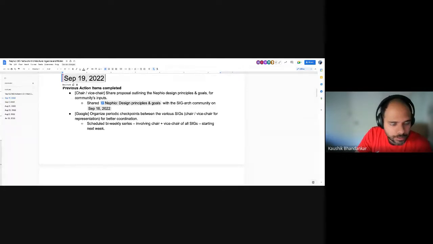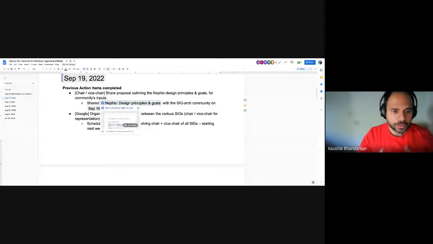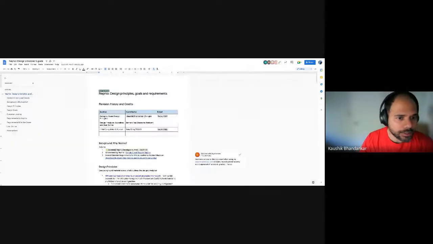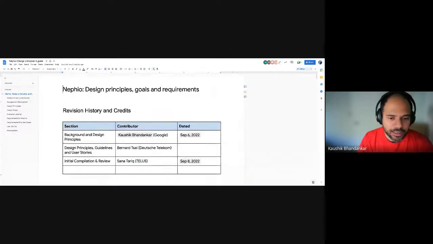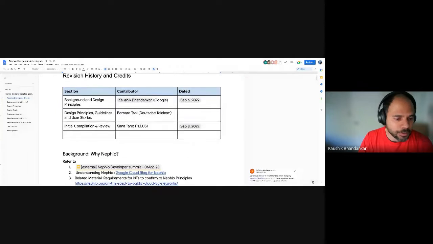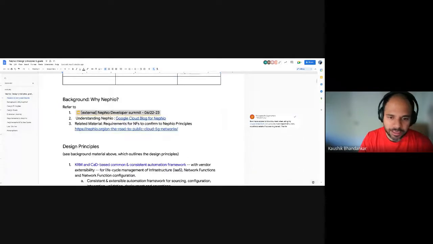I lost the doc. 1 second. Yeah, so the first part was design principles. Again, let me share this tab. Some of these things have historically been available to you through background material. There was a Google Cloud blog that was published around the time we announced Nephio.